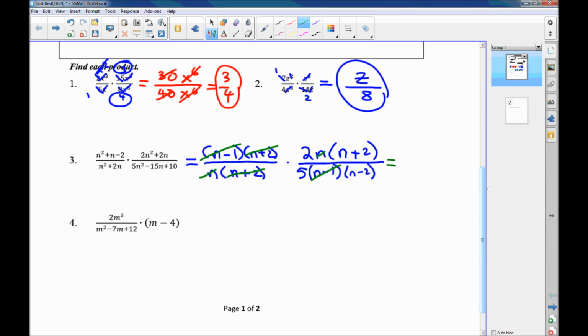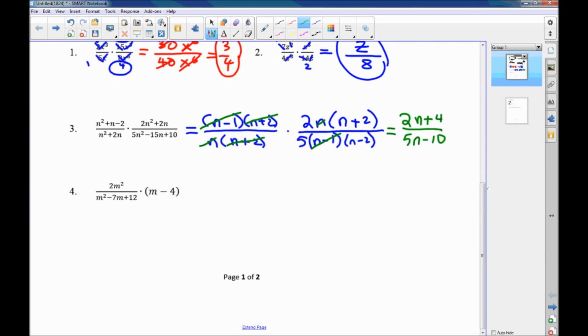And then when I'm done here, I have nothing else that can cancel, so I multiply it back together. This will be 2n plus 4 on the top and 5n minus 10 on the bottom. Okay, so that's our reduced fraction. Number 4,